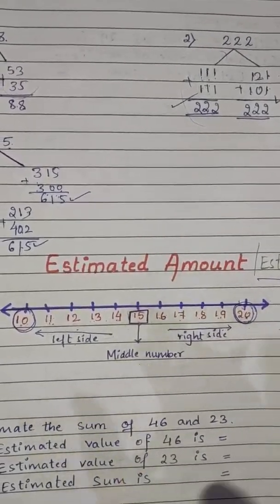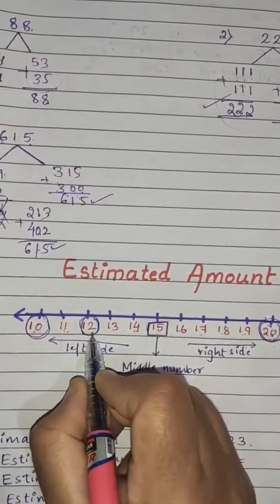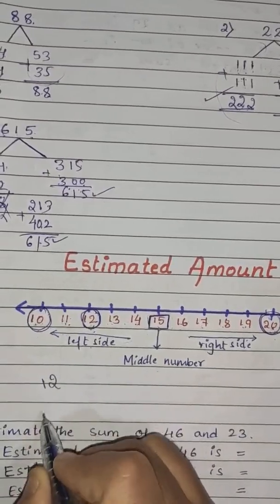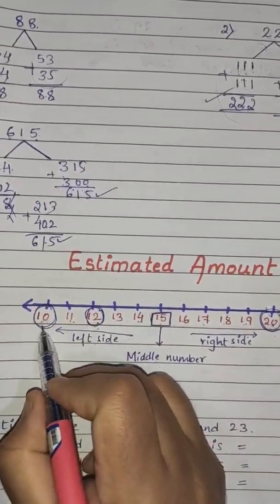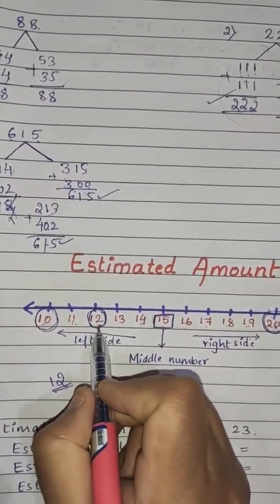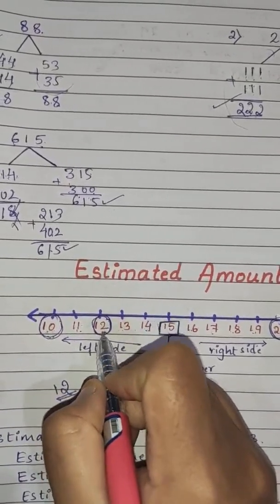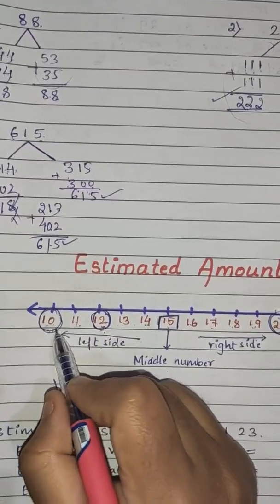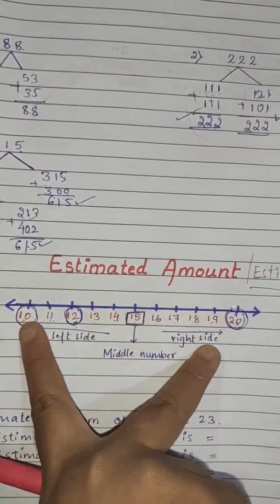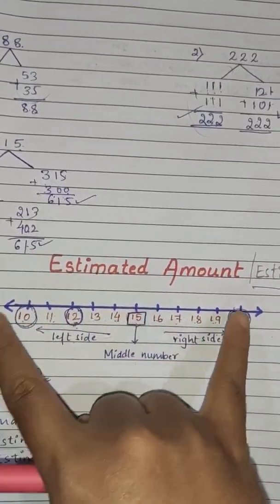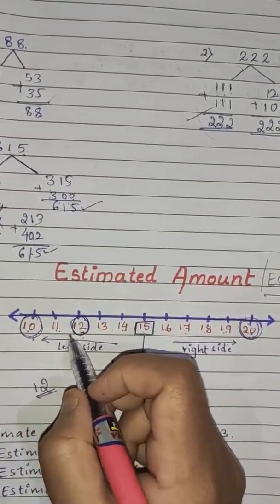of the given number. Suppose, let us take one example, 12. Now what is the estimation value of this 12? The estimation value of 12 is 10, because it is nearer to the 10. So these are the two tens. Here this is 10, and here it is 20, which means we are having two tens. So the 12 is near to the 10. What is the estimation value of 12?